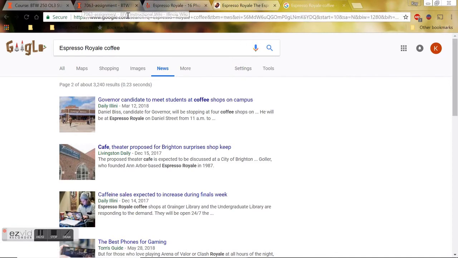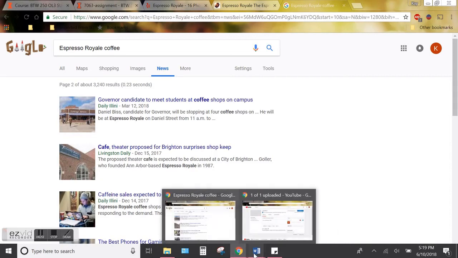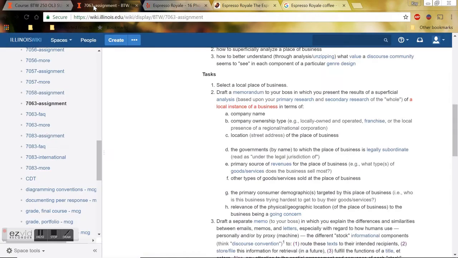Okay, so doing some of that research should allow me to get some of the information I need for my first part of my memo. The location should be pretty straightforward to find. Either it's on their website or you can search for it. If you aren't able to find out who owns the company and what their ownership situation is, you might need to go to primary research. You might have to call them or go there and interview somebody to answer that question.